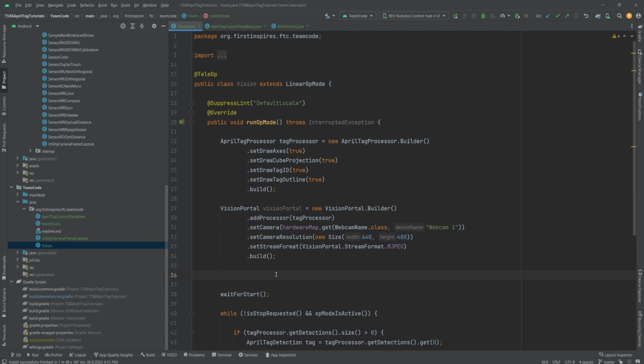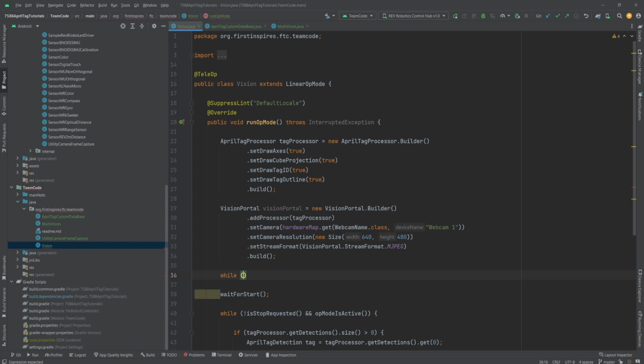Darkness can be combated by increasing the gain or the brightness of the image. This allows for more reliable and consistent, but not perfect, detections while moving. The SDK provides several webcam controls that allow for manual adjustment of these values. First, we need to ensure that we don't crash the op mode by attempting to access webcam controls before the camera is streaming. After we create the tag processor in VisionPortal, I'm going to accomplish this by creating a while